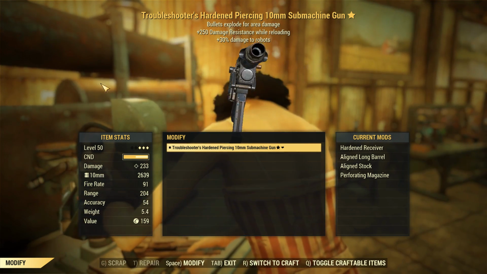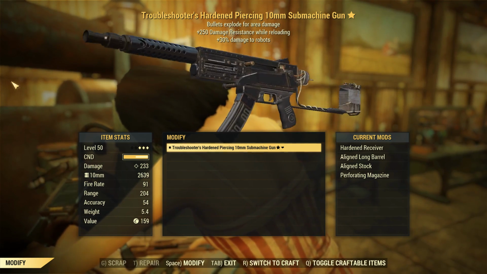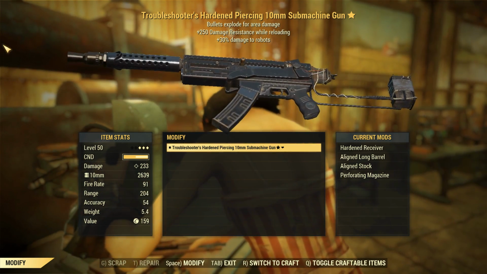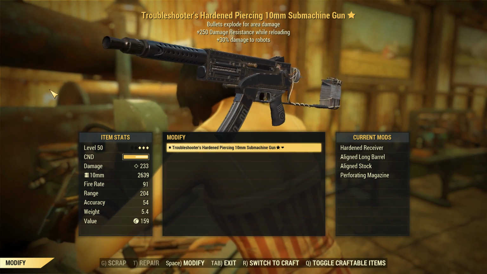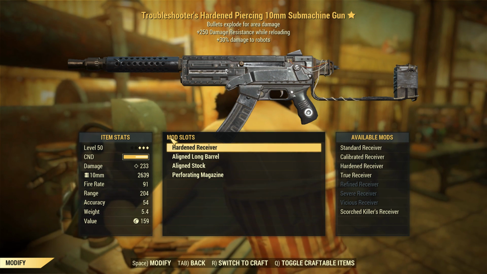The 10mm submachine gun is a little bit of an oddity when crafting. Some of the naming conventions don't really match up with other guns, and other stuff just isn't there. There's bits and pieces missing, which is kind of strange, but jumping into the attachments here, first of all for the receivers,